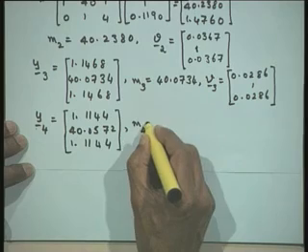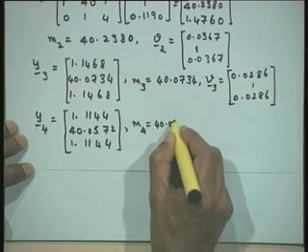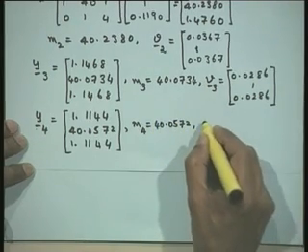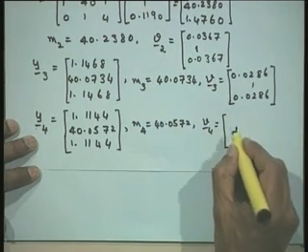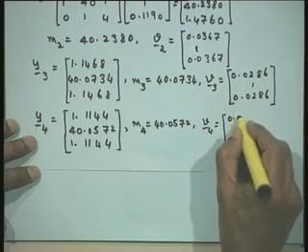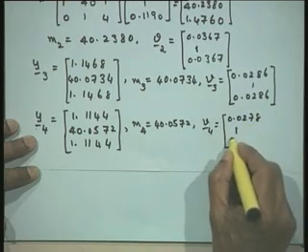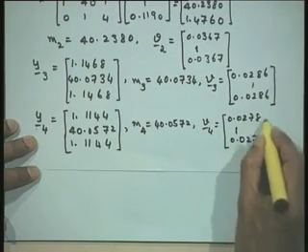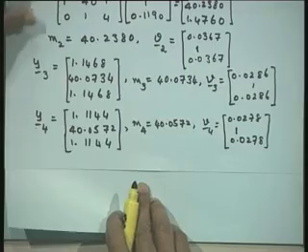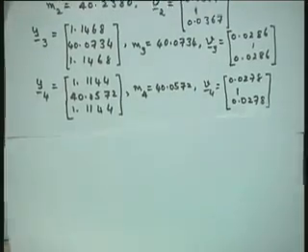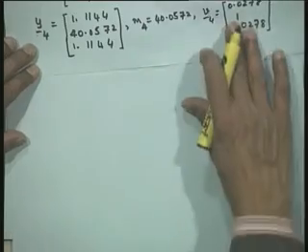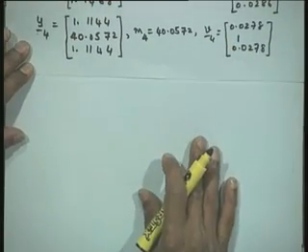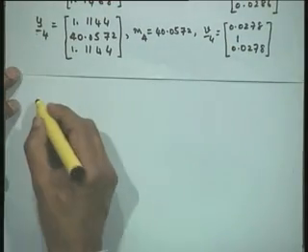Now, I find the largest element in magnitude, therefore, this is 40.0572, and V4 is, we divide by this element, and I will have this as 0.0278, 0.0278. At this stage the fourth iteration is complete. Now let us go to the fifth iteration.